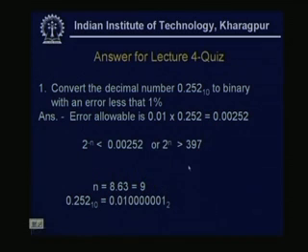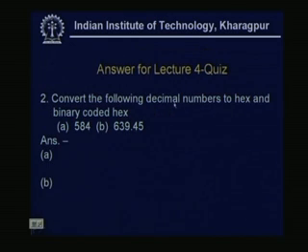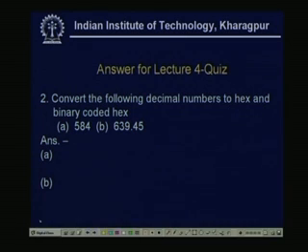Now, we see the next question. The next one is to convert the following decimal numbers to hex and binary coded hex. The first one we see is 584, the number. Now, 584, if I